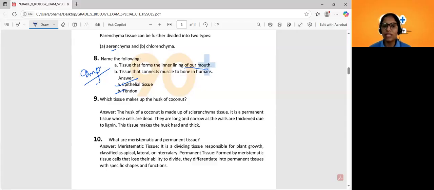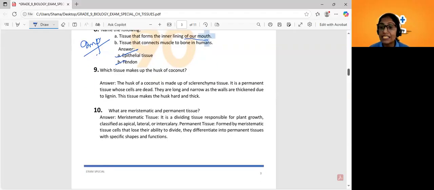So the tissue that forms the inner lining of our mouth is epithelial tissue, and the tissue which connects muscle to bone in humans is tendon. And the ninth question is, which tissue makes up the husk of coconut? The husk of coconut, we know that it is very rough or very rigid. So it is made up of which type of tissue? Obviously, it is sclerenchyma. Okay, so this husk of a coconut is made up of sclerenchyma tissue, and it is